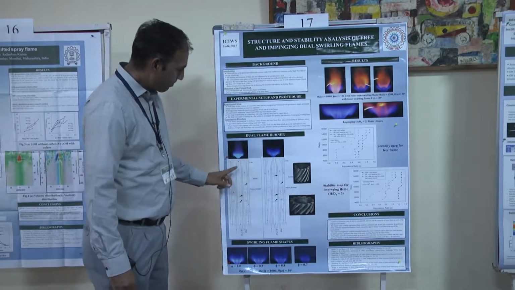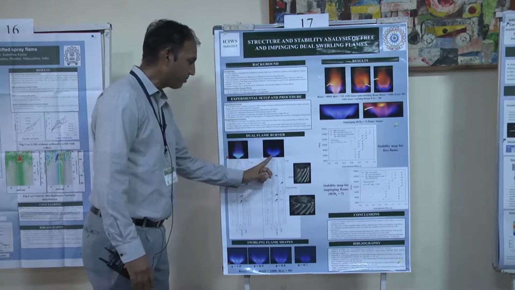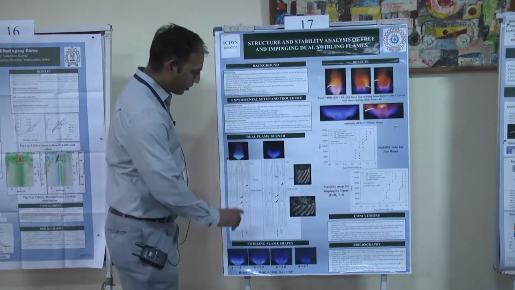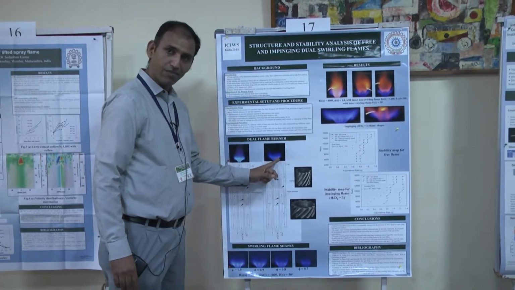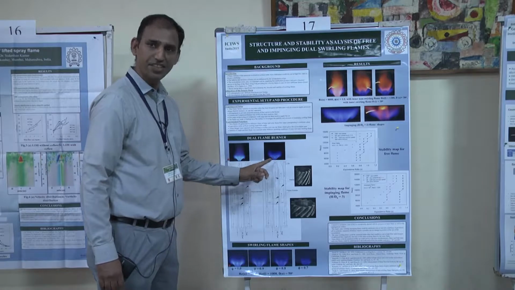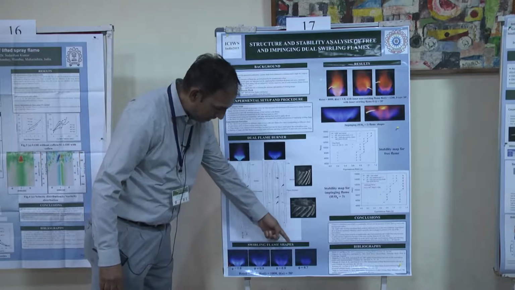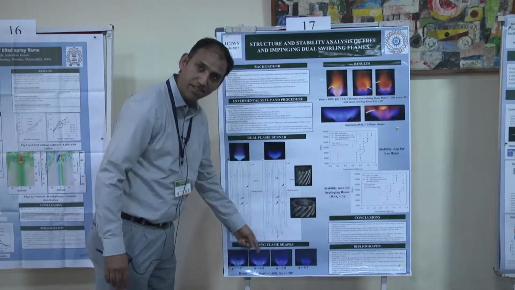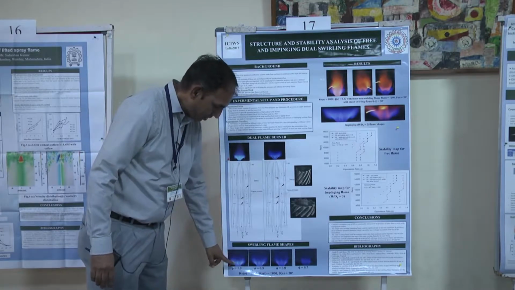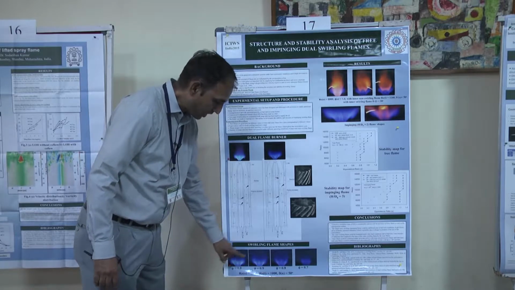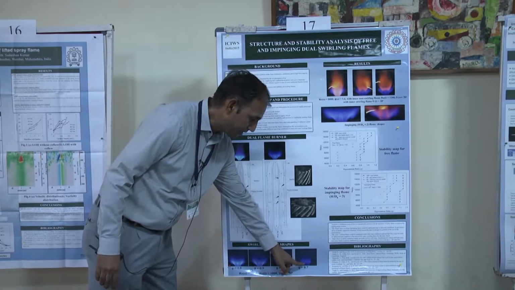So we can give the swirl to the outer flame, and we can give the swirl to the inner flame also. The advantage of this dual flame burner is that we can support the outer flame at very high flow rates and under very lean conditions. So here I am showing some of the pictures that we have taken directly of our different flames under different configurations. We can see here that if both the flames are kept at stoichiometric conditions, the flames will look like this, and if we make the inner and outer flame very lean, we can have the shape of the flame like this.